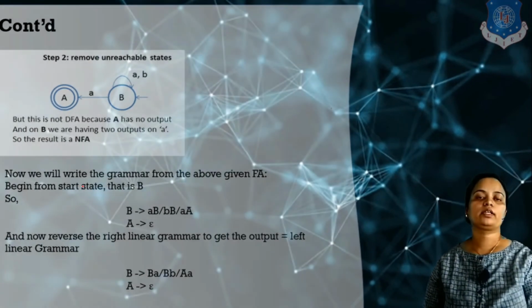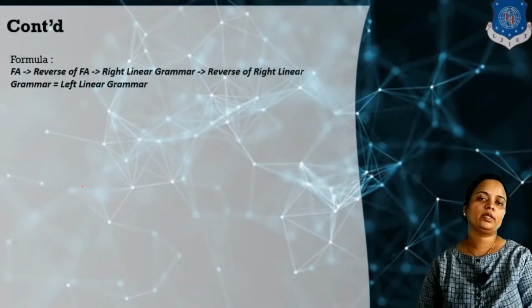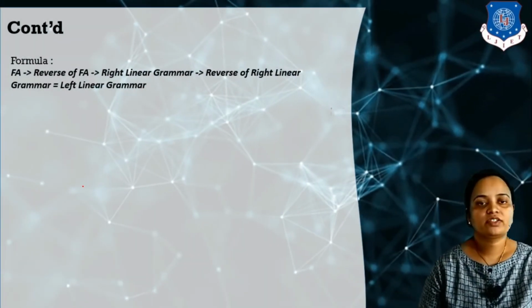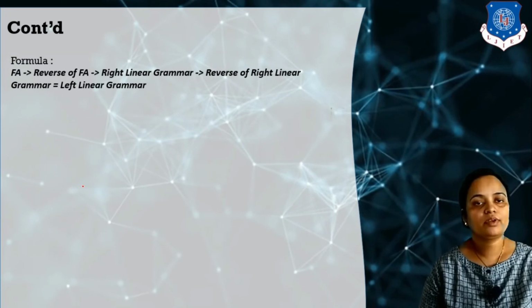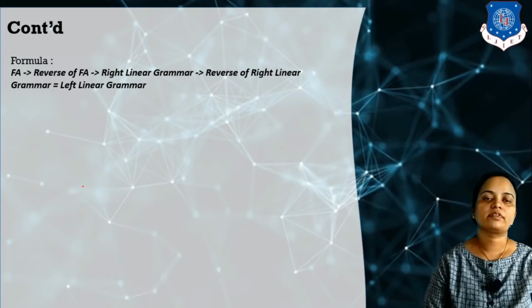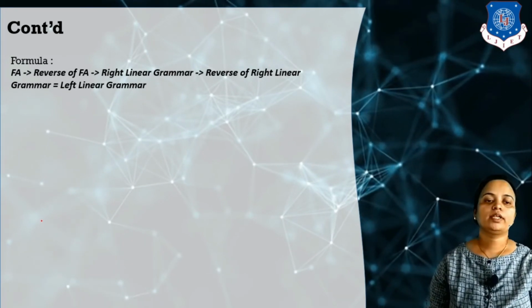So in this way we can convert this finite automata to left linear. So the process is first reverse the given FA, then write down the right linear grammar, and then reverse the right linear grammar, which is our left linear grammar. Now next is